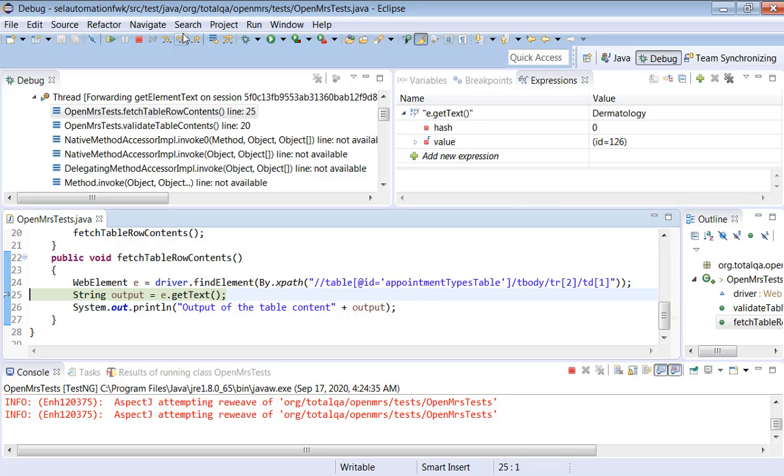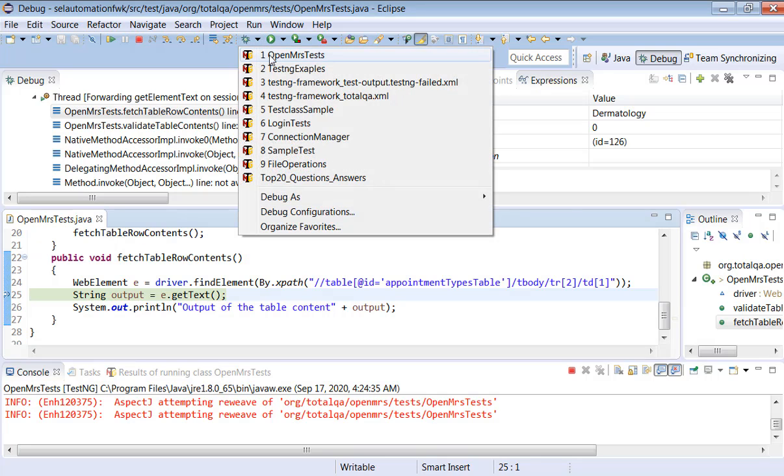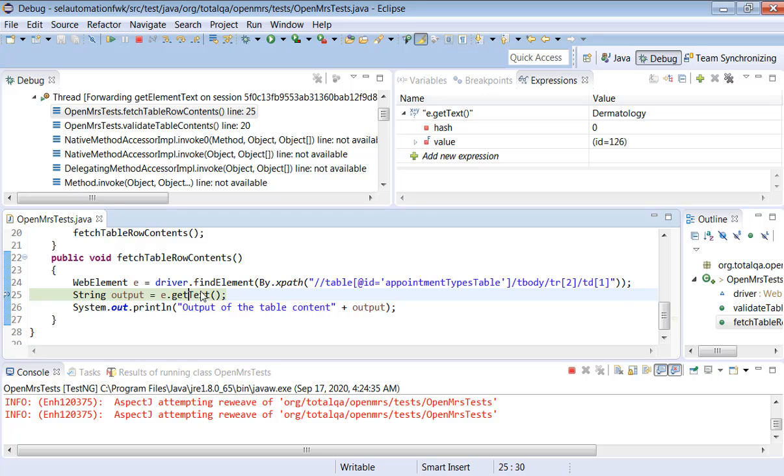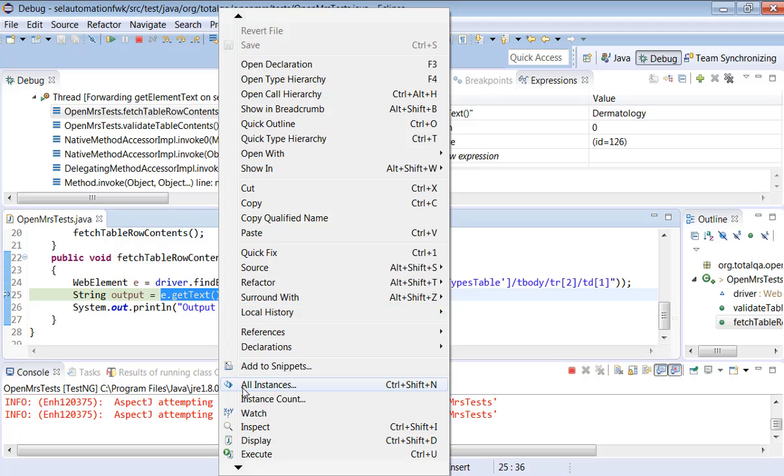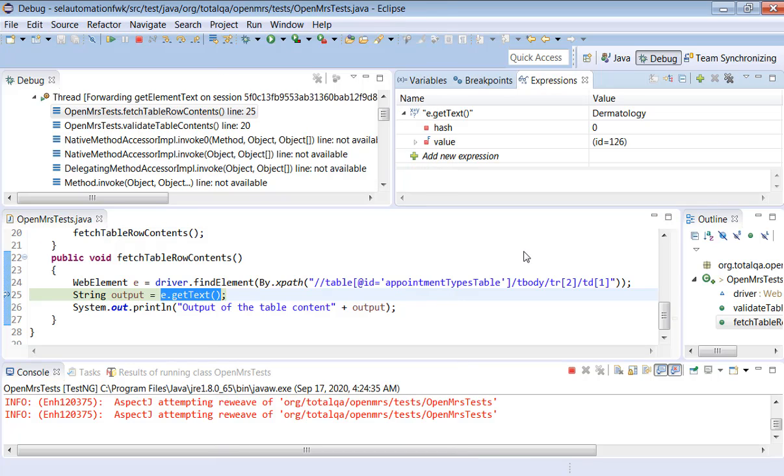This will save a lot of time and fix the issues in the Selenium script. So put a breakpoint, try to run in debug mode, select this debug mode. Automatically the debug perspective will change, and for any value you select, right click, select watch, and automatically the expression tab will be opened. Then here you can see the content of the variables, the runtime values that are getting stored.